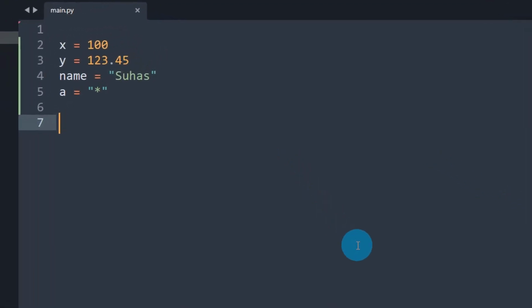Okay, let's try to print the type of each variable here. Python has a built-in function named type, okay? Let's write some code. Print the data type of x equal to, comma, type of x. You can just write it like this. So what will be the output? The string inside these quotes will be printed as it is when you run the program, and the value of type of x will be printed after that. Let's run the program.